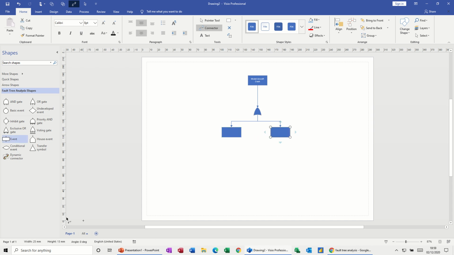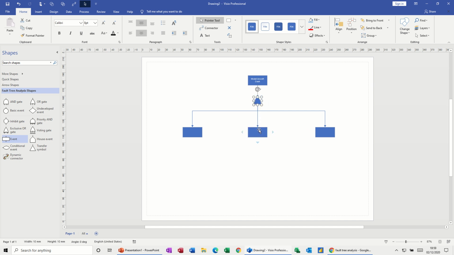So 1, 2, 3 I want, so bring another, nearly didn't do it right, click on that one and bring another one in like so, and then you end up with 3 events. You can reposition these across. It's totally up to you how you do that. It's not set in stone that you have to do it like I've just done,